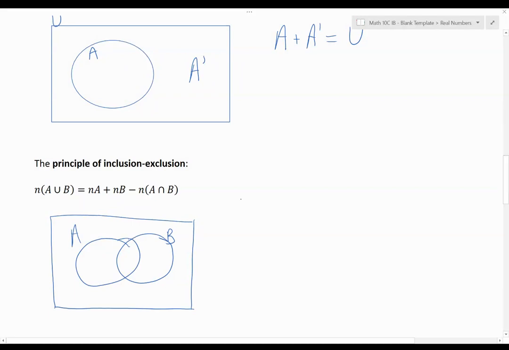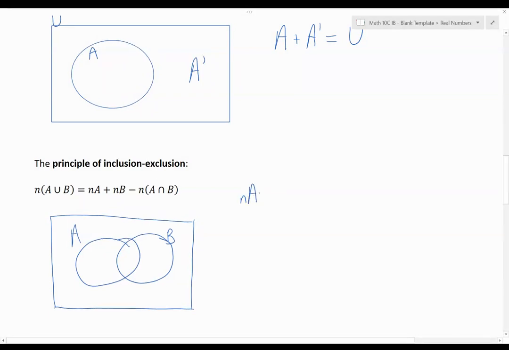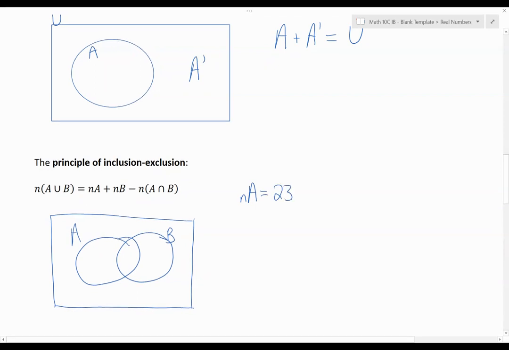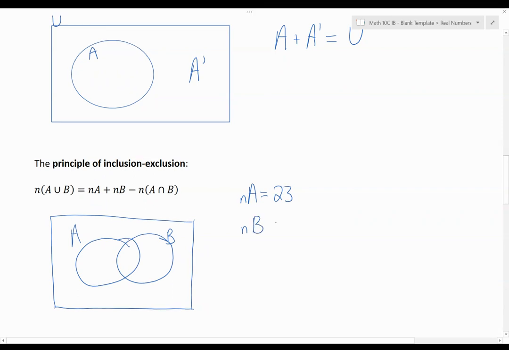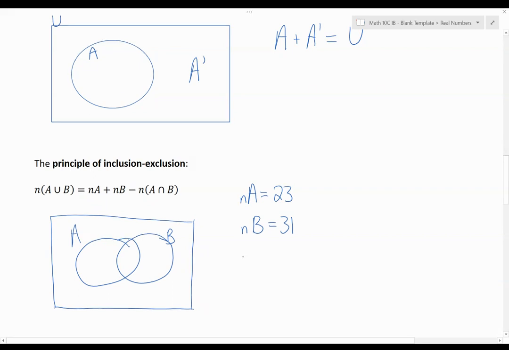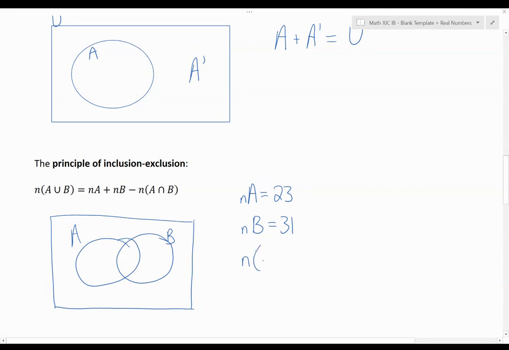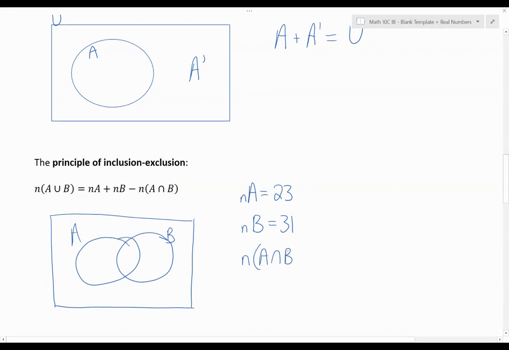So instead of saying A equals, we can say n(A) equals, let's say, 23. That tells me there are 23 elements inside of set A. And let's say I know that there are, in set B, let's go with 31 elements. Let's say furthermore that in the intersection, they share 7